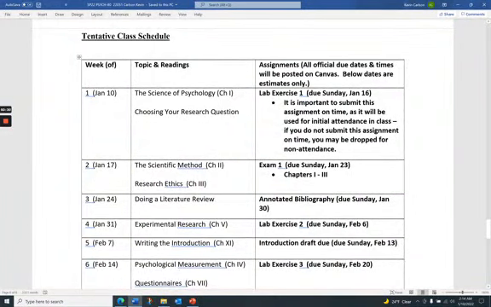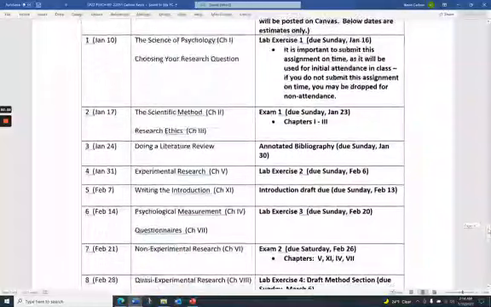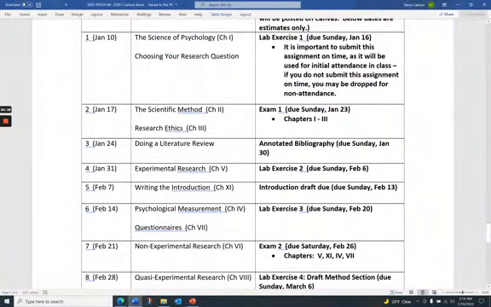So always check Canvas for the specific date and time. You'll see here that pretty much every week we have at least one thing that we're going to be doing, whether it's an exam or a lab exercise. I'll make weekly announcements about the work for each week.